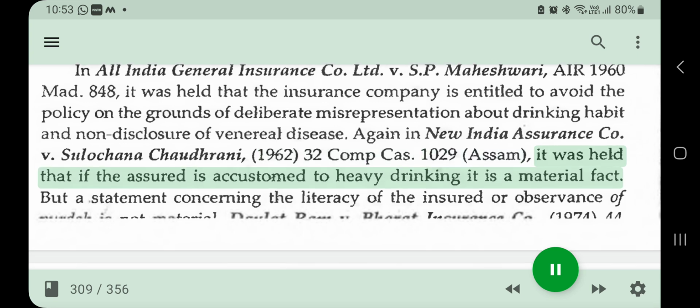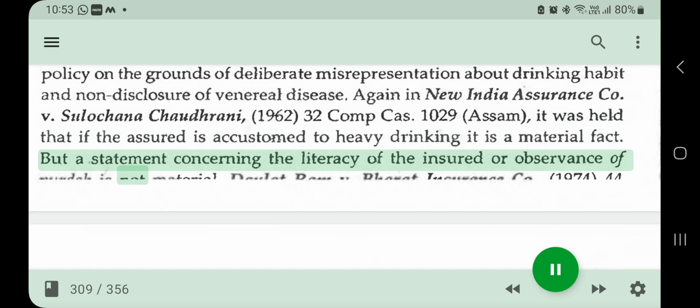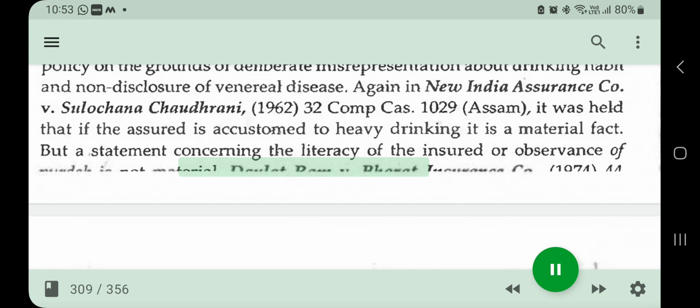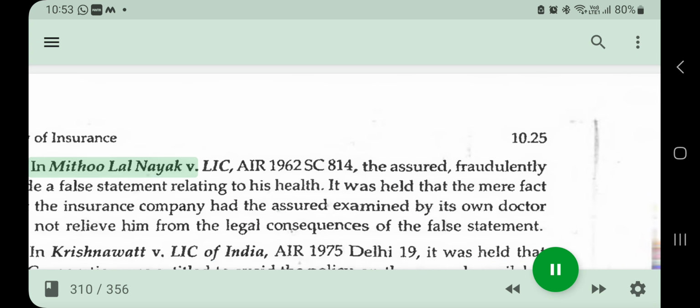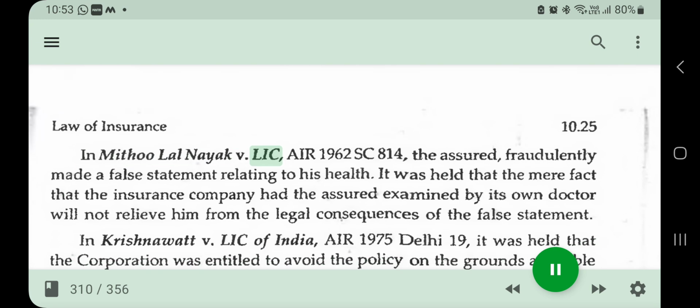1029, Assam. It was held that if the assured is accustomed to heavy drinking, it is a material fact. But a statement concerning the literacy of the insured or observance of... Zan A. Our Law of Insurance 10.25. In Mata Lal Nayak vs. LIC,